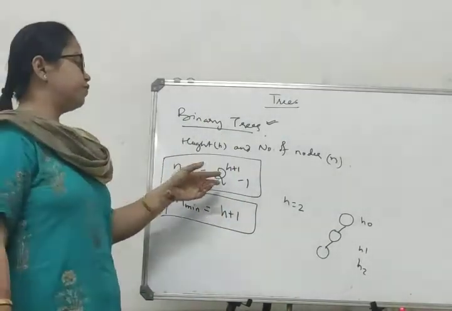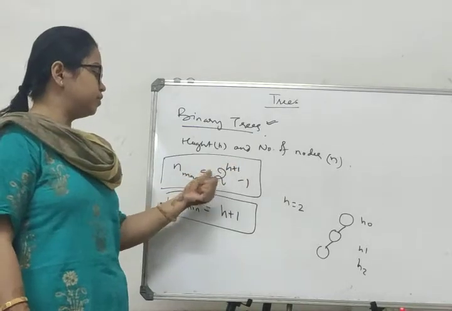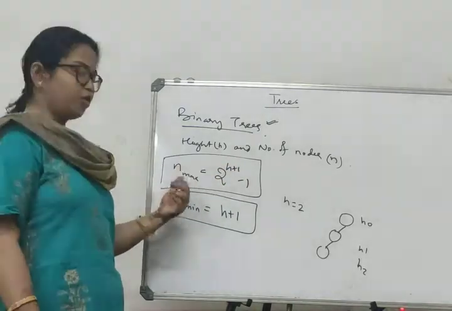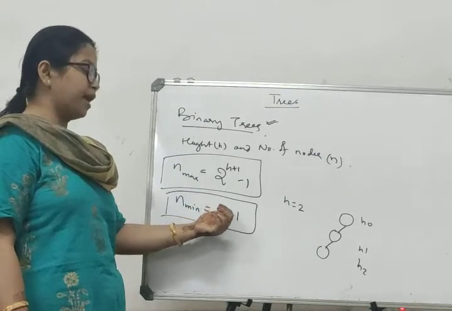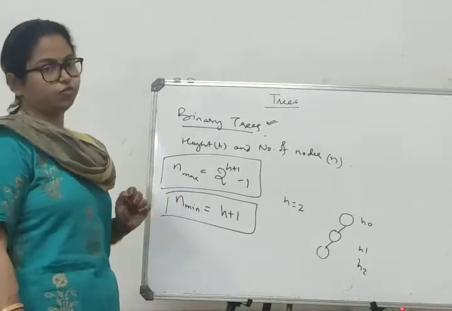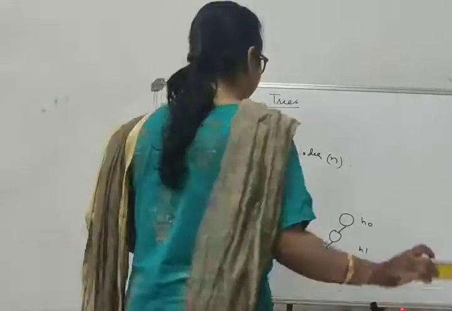So we found out that given a height, what is the maximum number of nodes? You can tell this by the formula. If I ask you, given a height, what is the minimum number of nodes in a tree? You can tell me. Why? Because of this formula. Okay. Similarly,